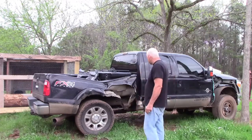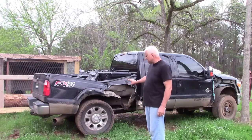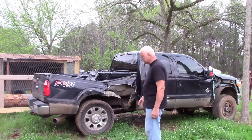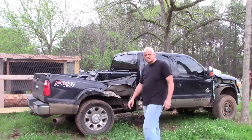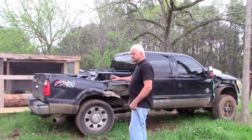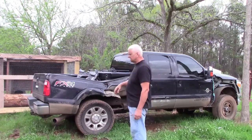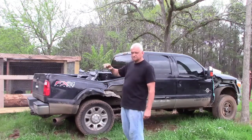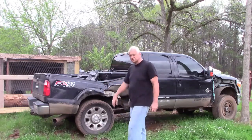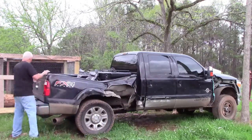So that's one of the other things. I know drivetrain wise, everything should be in good condition. And then of course, there's always the chance that, let's say I find the frame's really bent or something, I can part this thing out and recoup my $7,500 like that. So it's a chance I'm willing to take. But that being said,